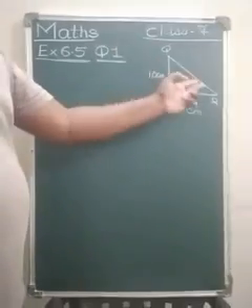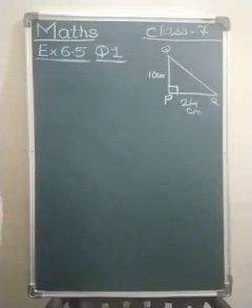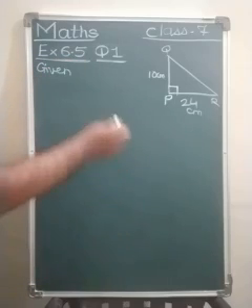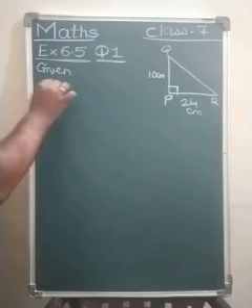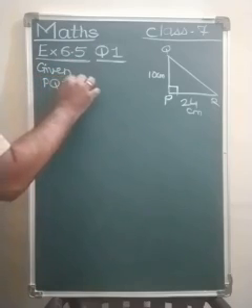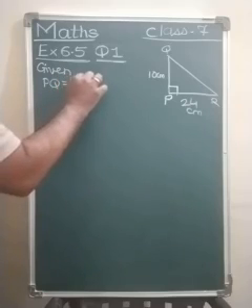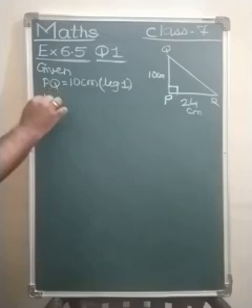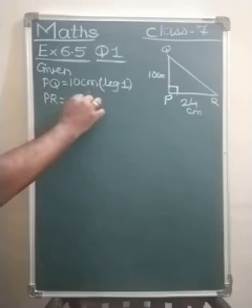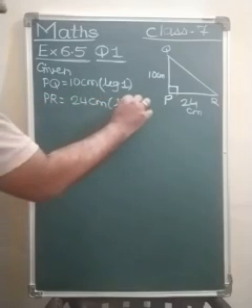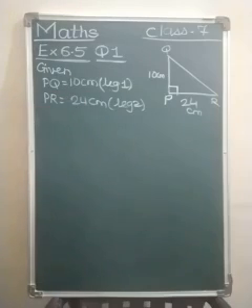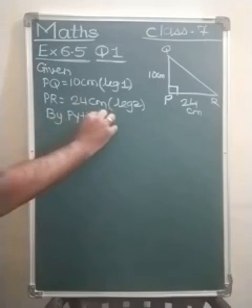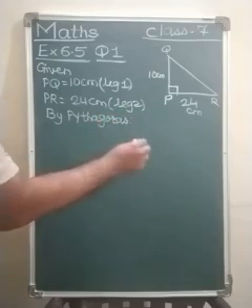Find QR. That means we have to find the hypotenuse. Given PQ equals 10 centimeters, that means this is leg 1, and PR equals 24 centimeters, that means this is leg 2. Therefore, by the Pythagoras property,